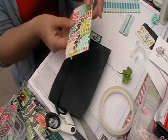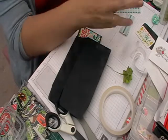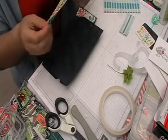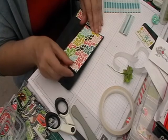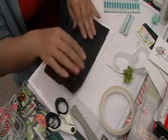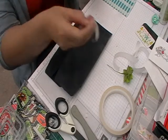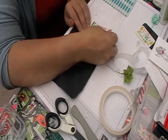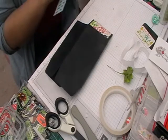It doesn't matter which way, obviously the pattern is a bit directional on this, but it'll be fine. So there you go. Make sure that this is lined up as equally around the borders as you can get it. There we go, and then we just do the back and the top of that. You don't have to decorate the back. I am, but you know, put that on the front,